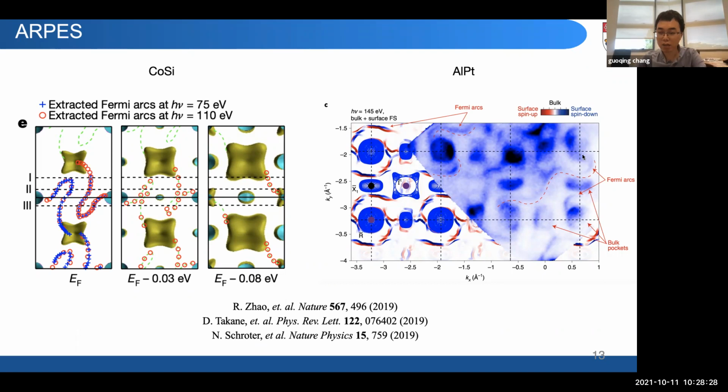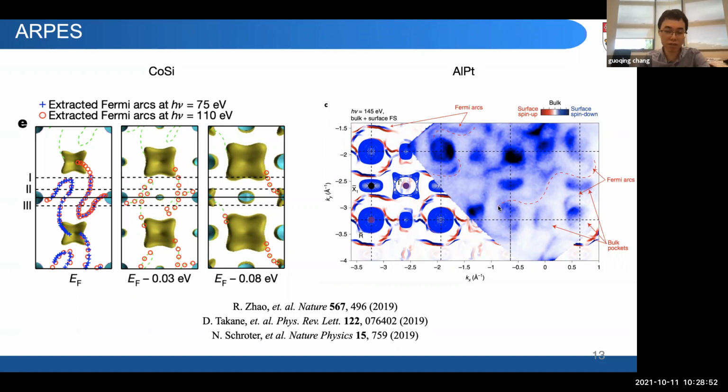Similarly here, this is the corner, this is the center. We see this Fermi arc connecting all the way to the center, then going back to the corner. So this topological chiral state can only be realized in the electronic system